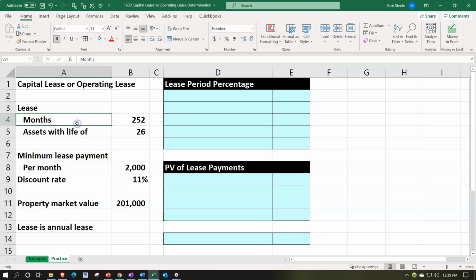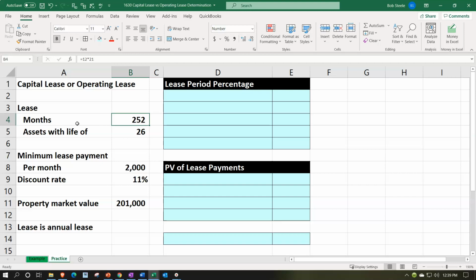So if we look at a lease, we're saying there's a lease of basically an asset, let's say a fixed asset, of 252 months, and the asset has a life of 26 years. So a 26-year life, and we're going to be leasing it for 252 months. And then we have the minimum lease payment, so we're going to be paying $2,000 per month. And the discount rate that we're going to be using for this calculation is going to be the 11%, and the property market value is $201,000. So the thing could be purchased today for $201,000, but we have this lease that was being set up where we're going to basically make a payment of $2,000 for 252 months. So that's going to be the